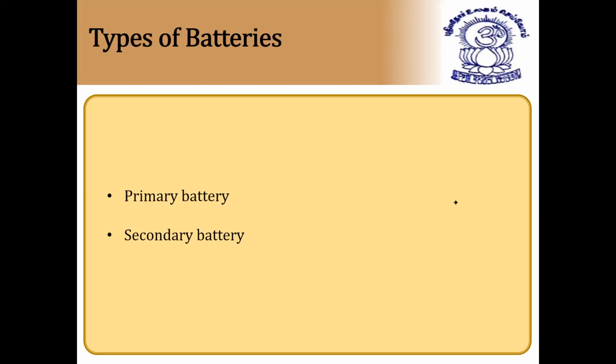A primary battery is the one which cannot be recharged again and again. Once it is used, once the electrolyte is completely over, we can throw that battery. It is a use-and-throw battery, whereas we cannot recharge it again. Whereas a secondary battery can be recharged again and again. That's why nowadays we are using secondary batteries. Even primary batteries we are still using, in TV remotes, etc.